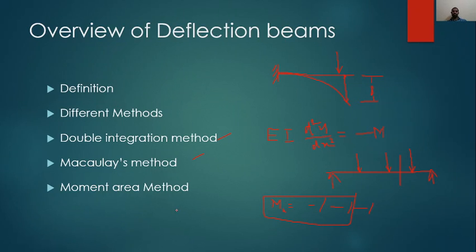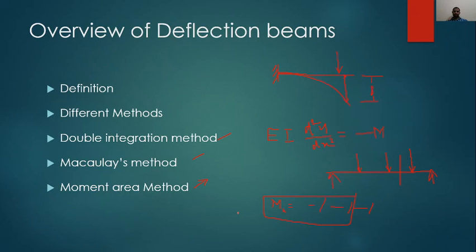Here, deflection and slope are calculated based on the bending moment diagram of a particular beam. For a cantilever beam, you can apply it for any kind of load, but for a simply supported beam, only for symmetrical loading can you apply the moment area method. Otherwise, you need to calculate the point of maximum deflection, and at that particular point, you need to consider one more tangent.